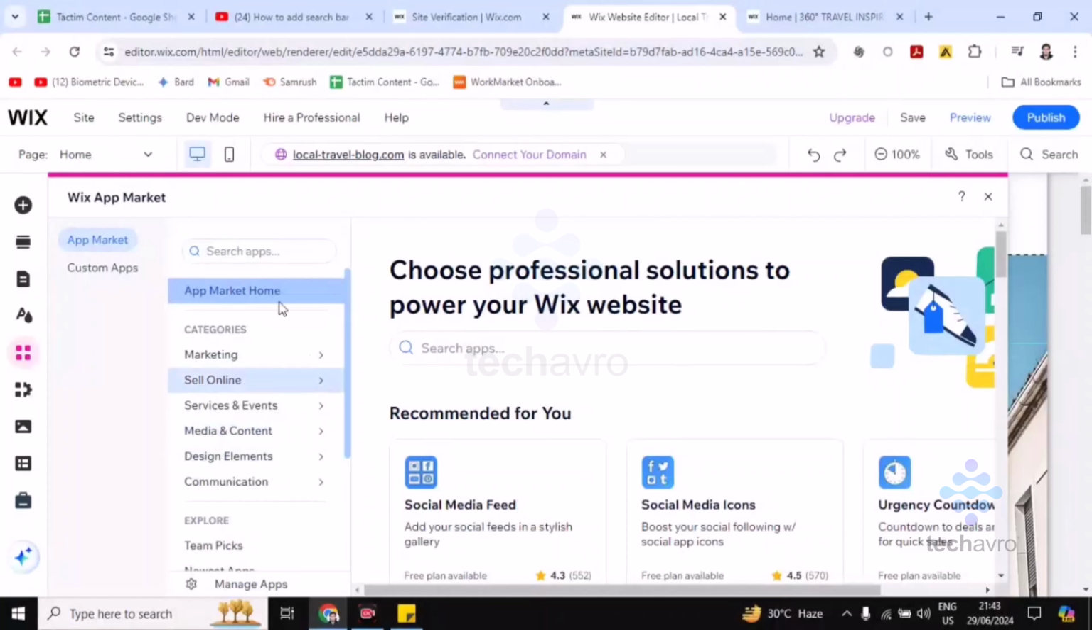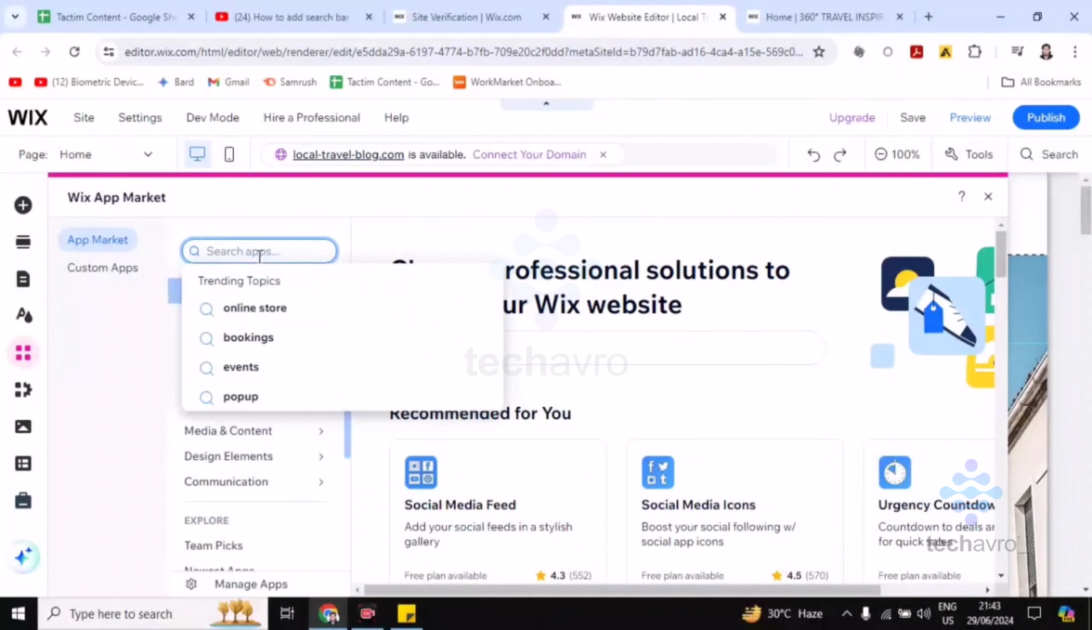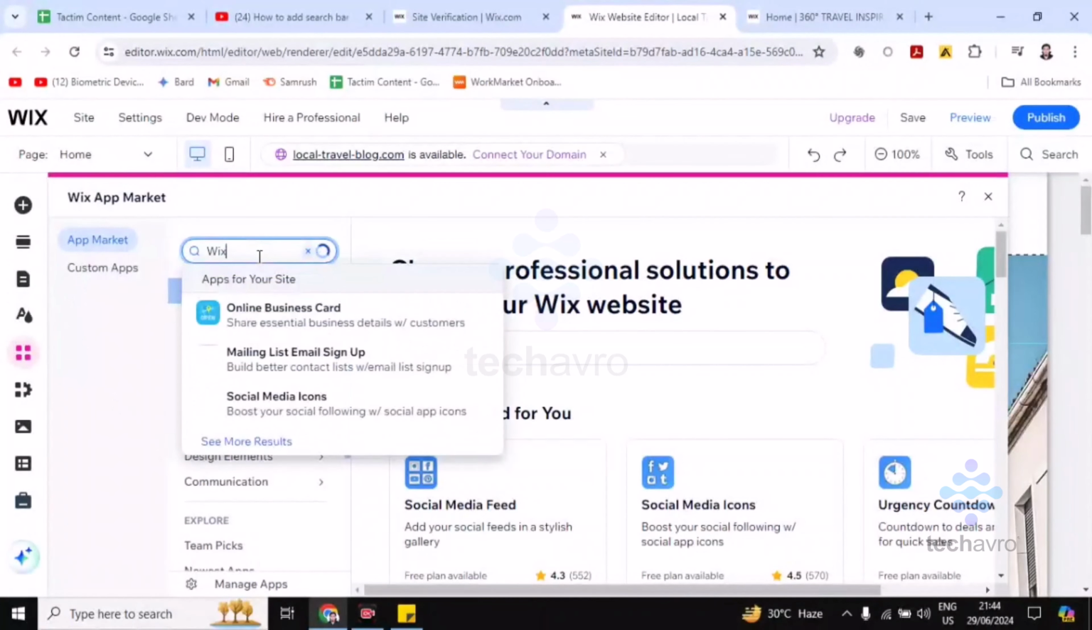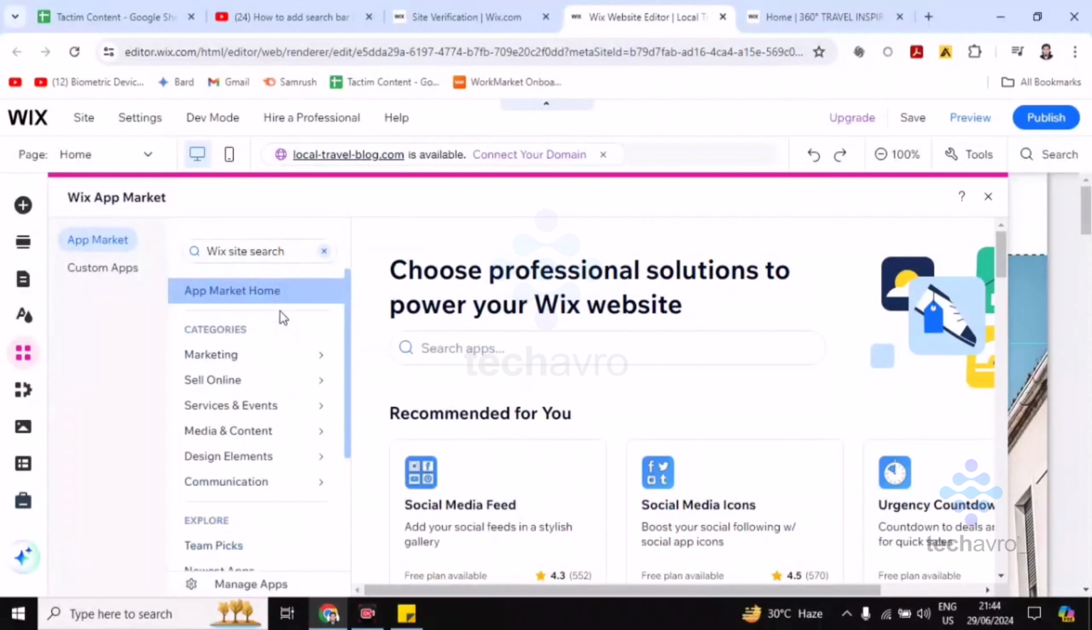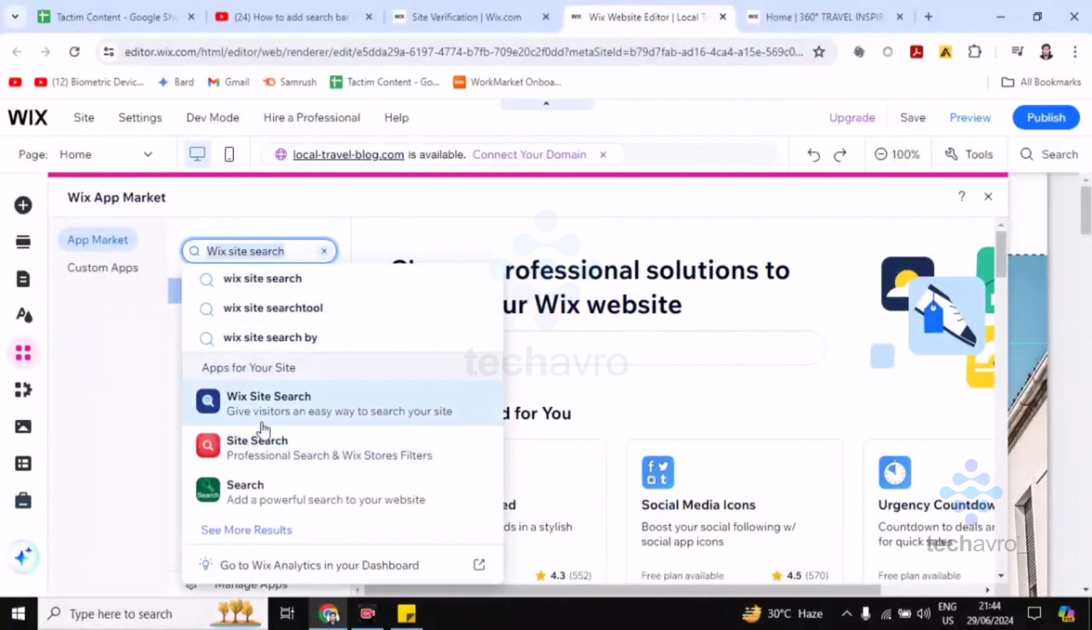Now you can see this interface here. You have to write here Wix Site Search. Now you'll find this option, Wix Site Search. Click on this, or if you can't find it, you can see it here. Click on this Wix Site Search,